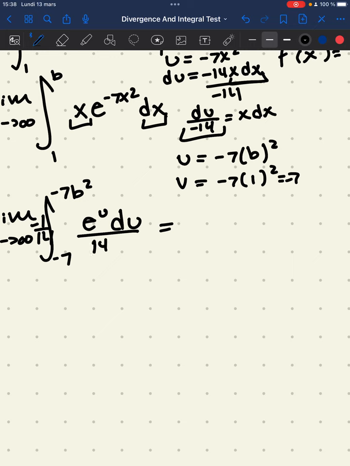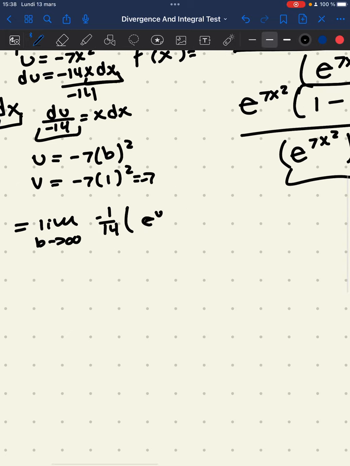Over negative 14, it'll be e to the u du over negative 14. But since we don't want it on the inside, because it'll make integrating a bit more complicated, we should take it to the outside. And that's why it's outside. So we simplify this and you integrate, so it's limit as b approaches infinity, negative 1 over 14,